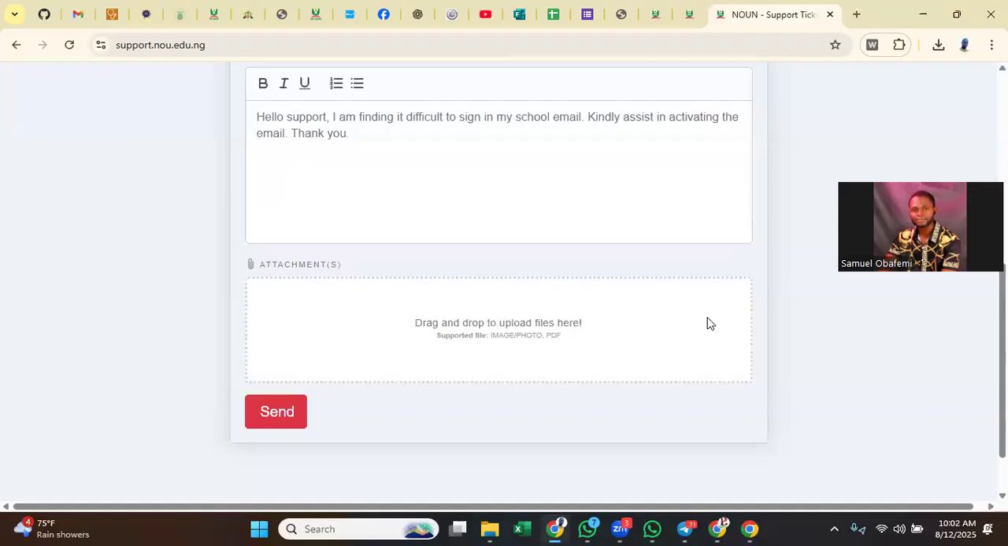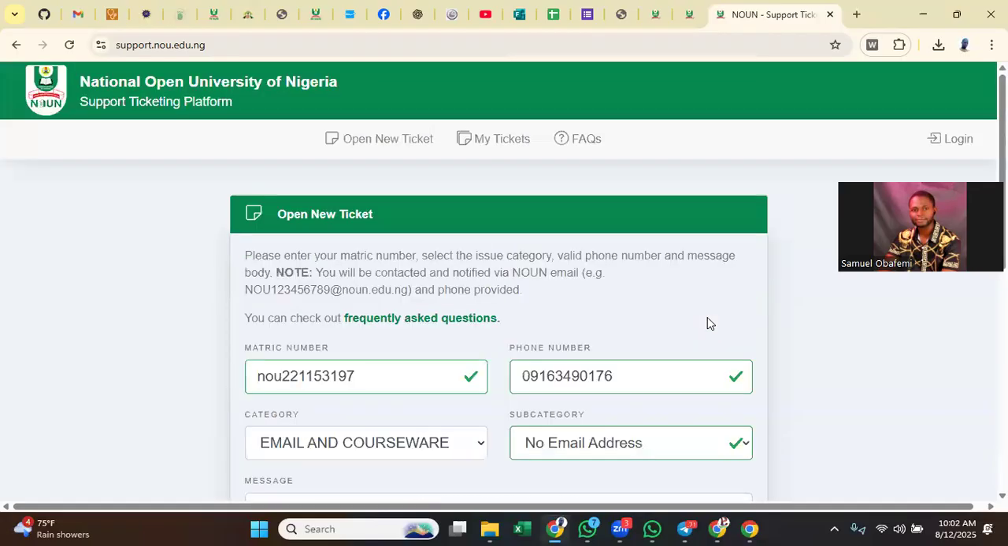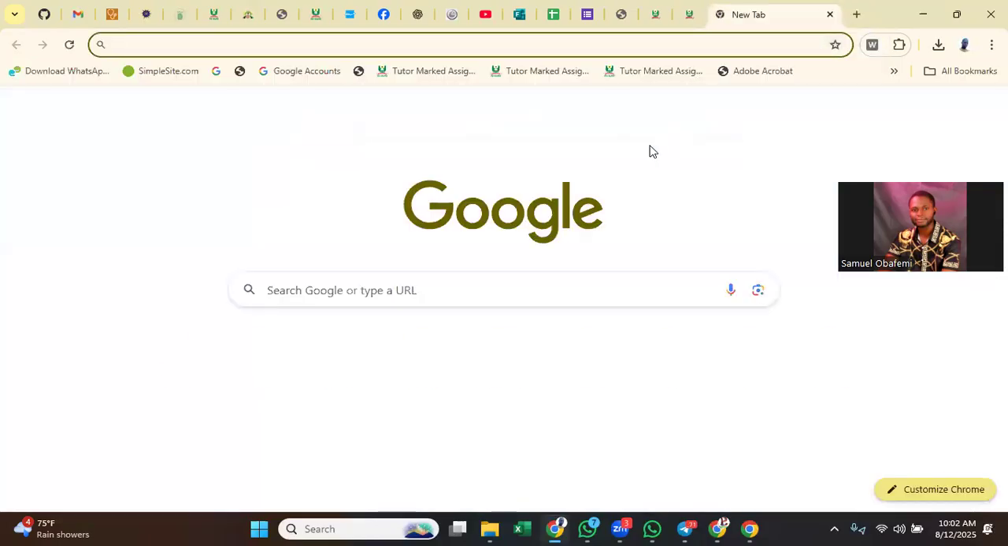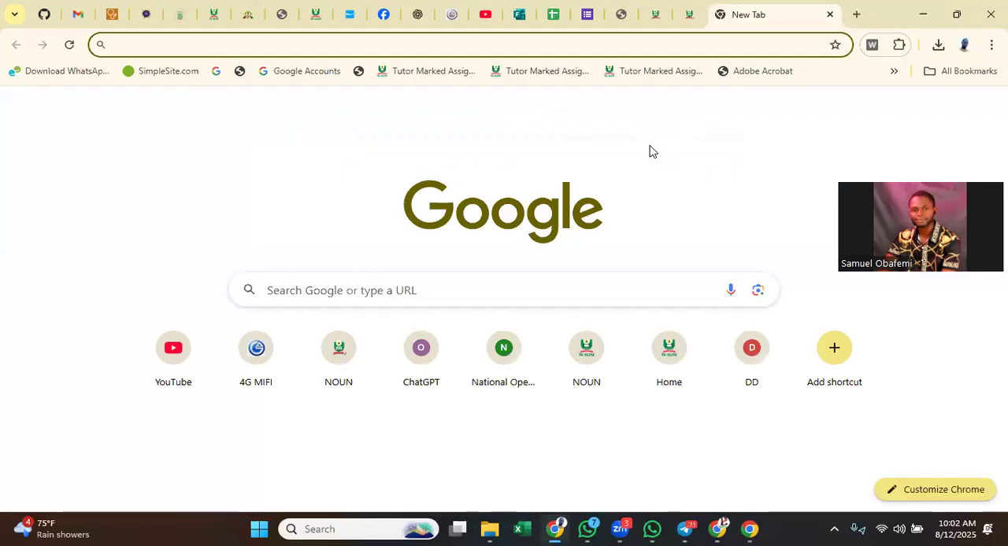So the next thing is you've created the ticket. How do you locate the ticket? Probably after creating the ticket, you've forgotten and you just close the site. Now, how do you go back to locate the ticket that you've created in order to know when they've responded to it? Although you receive a notification on that same phone number when it has been responded to, what if you want to check manually and to see the response? What to do is go to